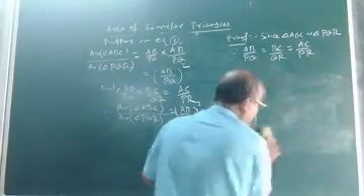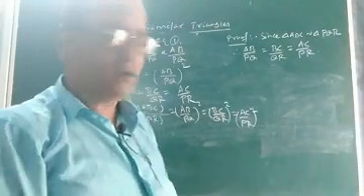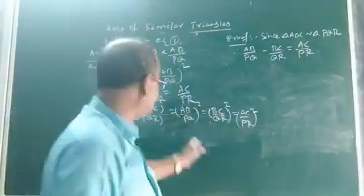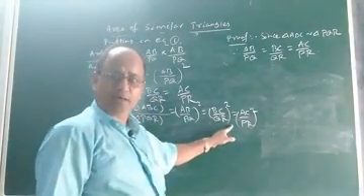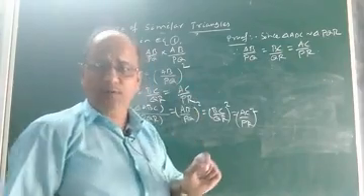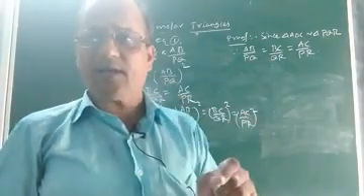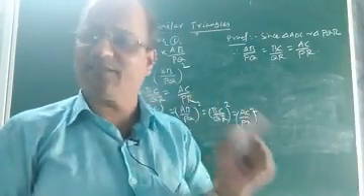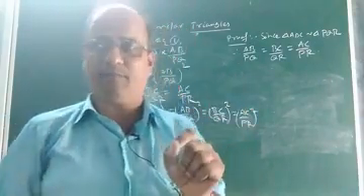We wanted to prove that if two triangles are similar, then the ratio of their areas is equal to the ratio of the squares of their corresponding sides. That means the ratio of the square of each pair of corresponding sides. Thus, we proved that if two triangles are similar, the ratio of their areas will always be equal to the ratio of the squares of their corresponding sides. This is a very important relation and important theorem also. Children, it comes in the exam.